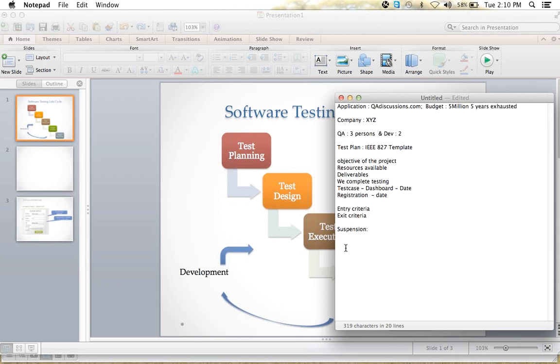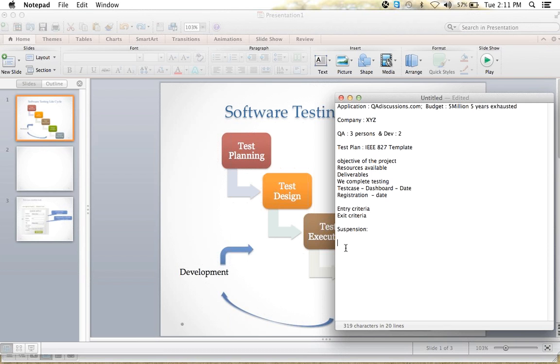Whatever upper-level management we have in a company, everyone will see these documents. A junior QA will also be able to see the test plan, but won't be given access to edit this document. It will be given to QA people in read-only mode. So we can read the test plan, but we cannot modify anything. Only the QA manager will be able to modify it.